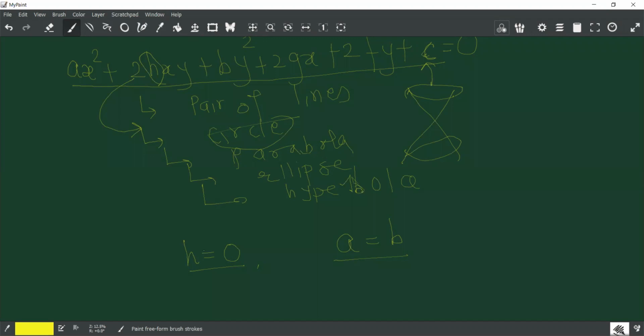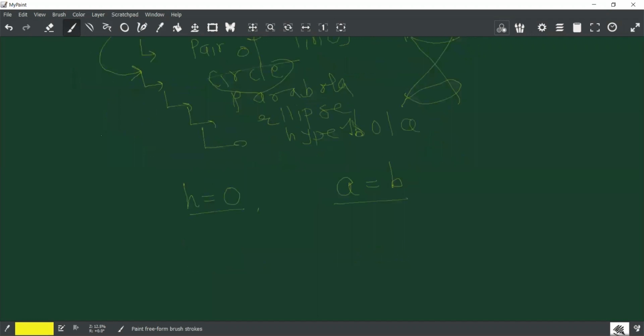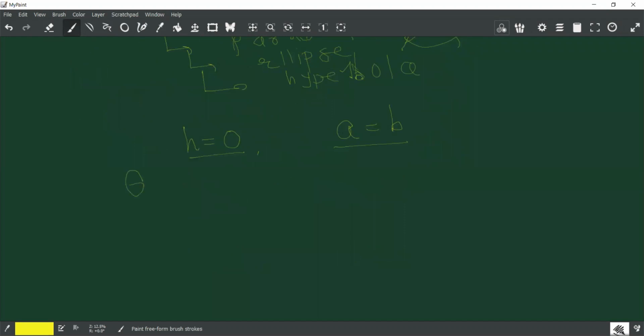Hope for the best. Okay, now do you know what is the parameter of a circle? What do we take as the parameter of a circle? We take it as theta. It is a real number. And any point and every point on the circle, how do we represent it in its parametric form? Superb answer. It is a cos theta, a sin theta. There is no b.